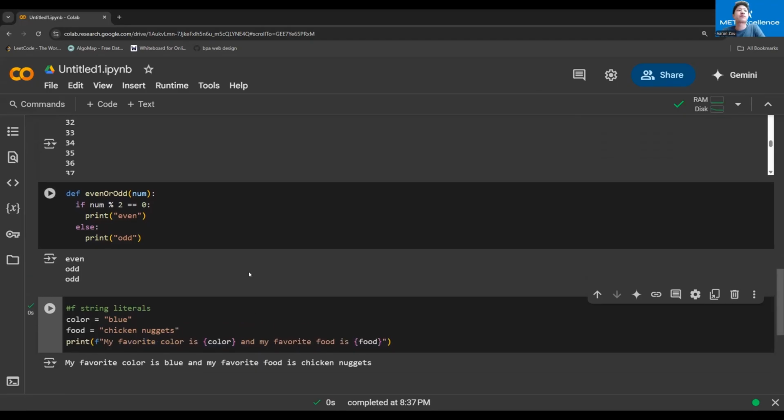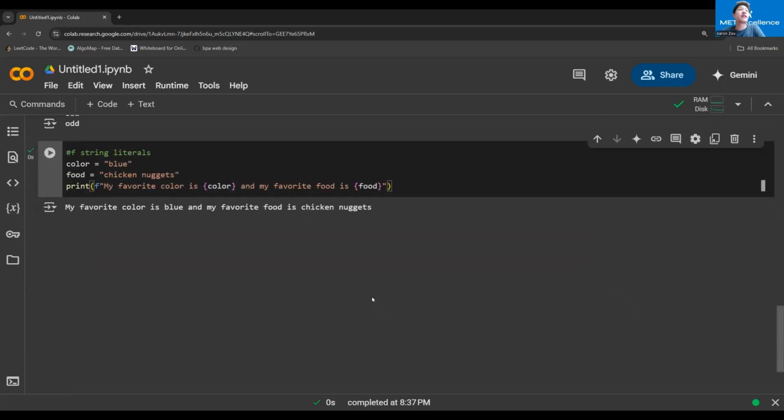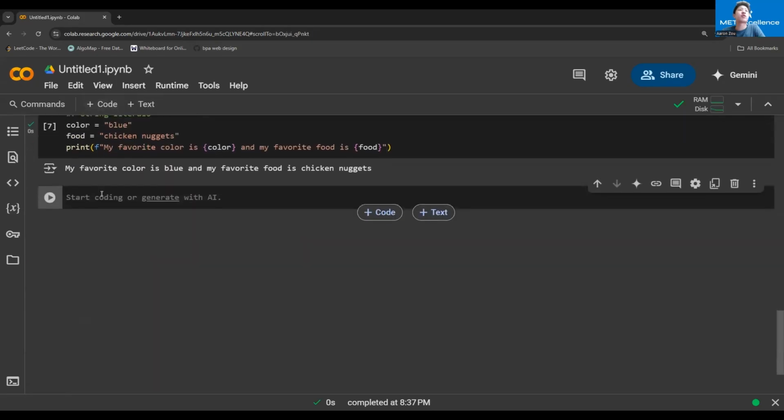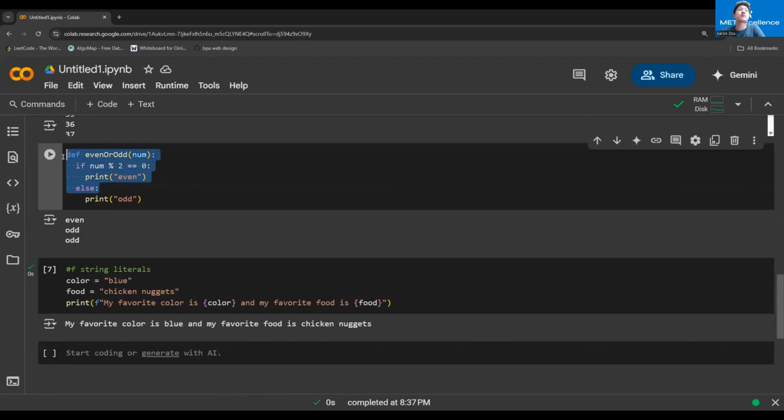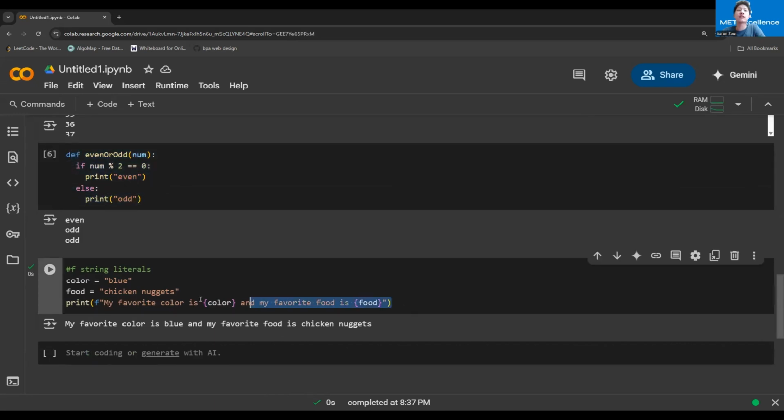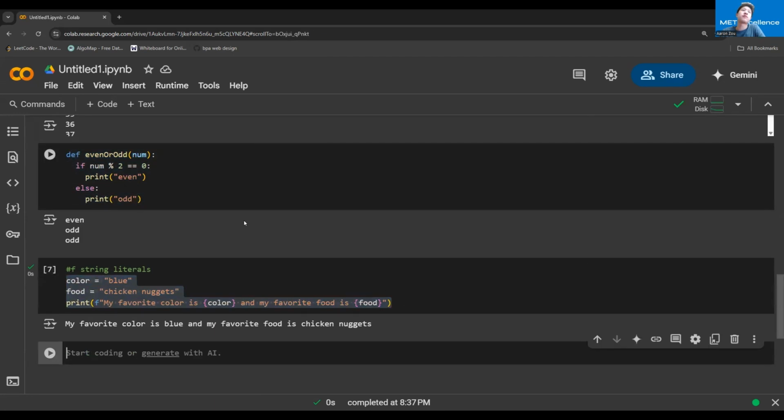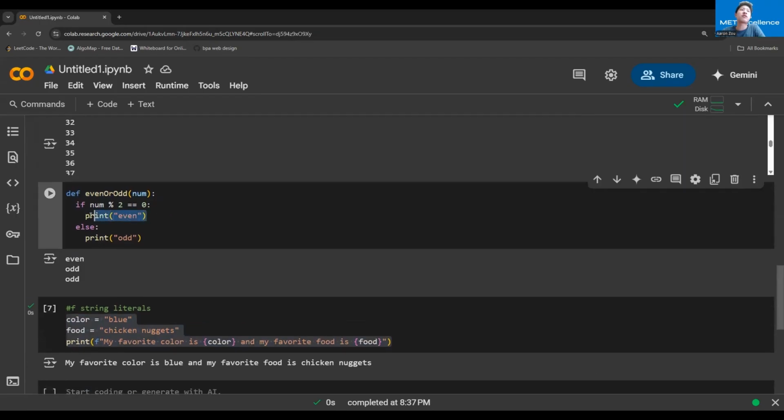All right. So yeah, now maybe let's incorporate this with some user input. So I'm going to still use my even or odd function, and I'm going to actually use f-string literals too. So now I'm going to change my even or odd function to return a number now. So I'm going to actually have this return the string even, or return the string odd. And let's see what happens. So if I run that,